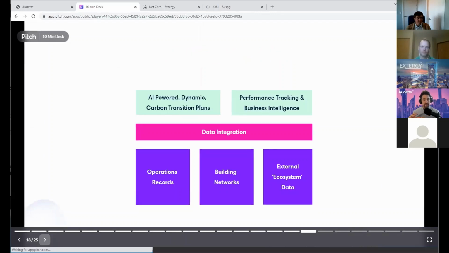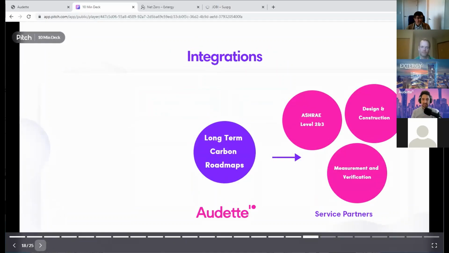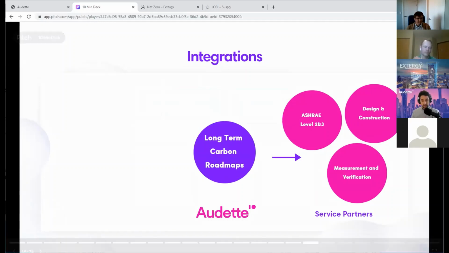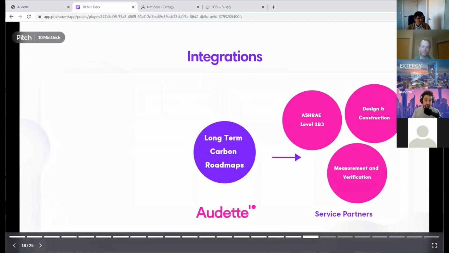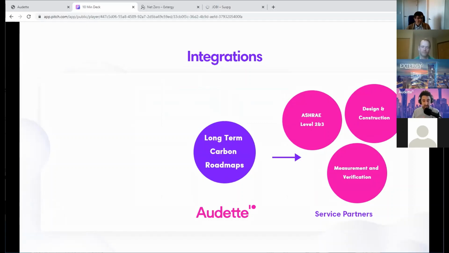On the next slide, you'll see that this isn't designed to unseat energy auditors and design consultants. Kind of on the contrary, what we're focused on is creating long-term budgets and capital plans to an ASHRAE level 1 standard to show owners what they can expect to do and to spend to get to carbon free. But because the data is in a consistent and shareable format, when it is time to go to implementation, users can draw upon those professionals to do the work they're actually trained for, which is deeper levels of study, design and implementation work, measurement and verification.